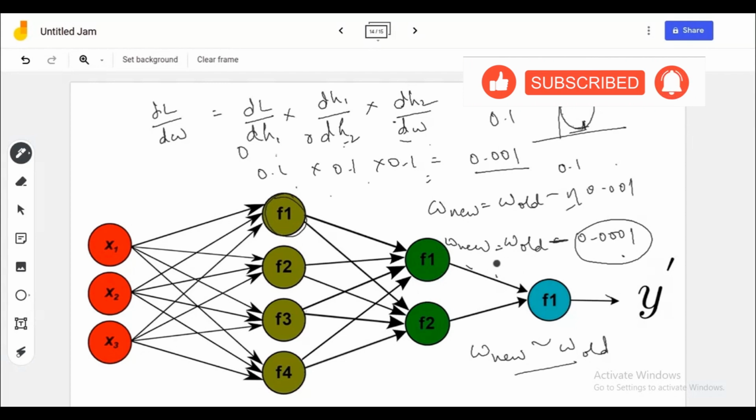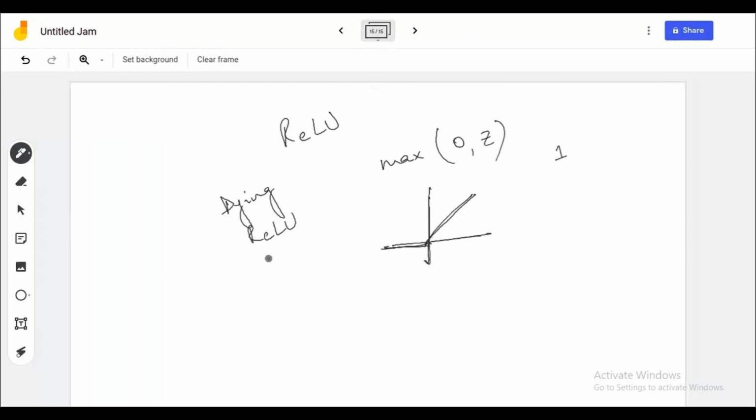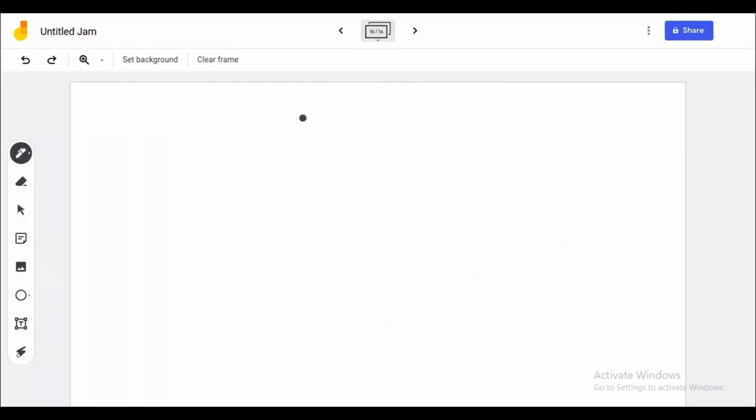If while differentiating one of the outputs here becomes 0, the weight that is used here, or maybe here, will become 0. There will be no update in the weight. It will be equal to the old weight. So we will not be able to update this weight, and this connection will be of no use. So this was the problem of dying ReLU. So we came across other activation functions, parameterized ReLU and leaky ReLU.